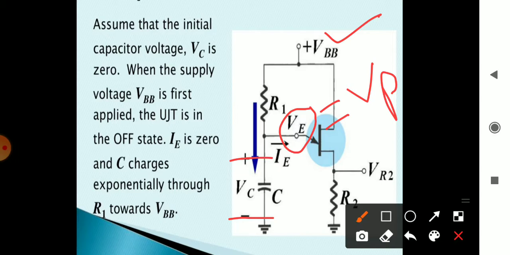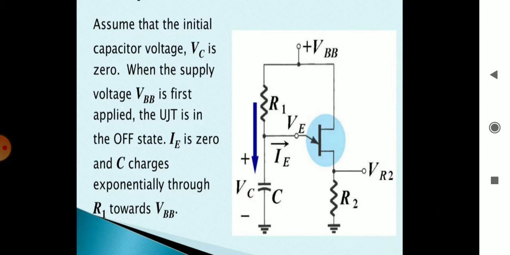Because of the supply voltage, the capacitor will start to charge through this resistor R1. Through resistor R2, the capacitor is discharging. So why are we using the resistor R1? To charge this capacitor. The capacitor will start charging, in the sense that it will accumulate charge on its plates. That is the first case. This is the direction that is shown over here.